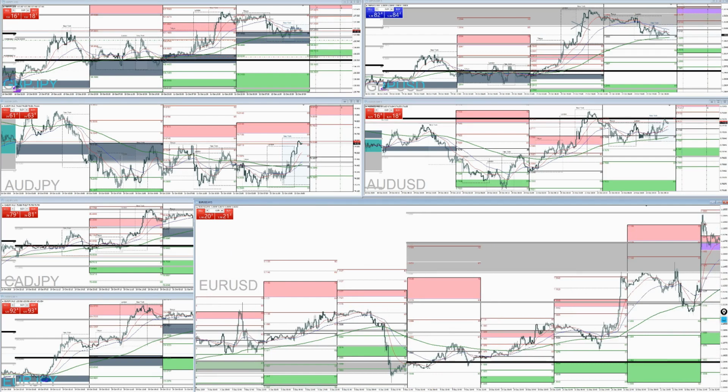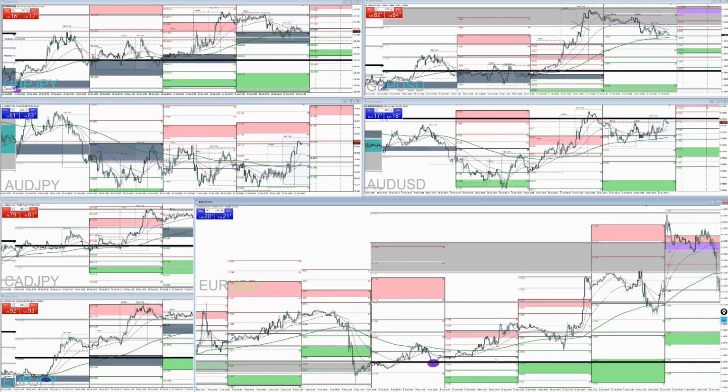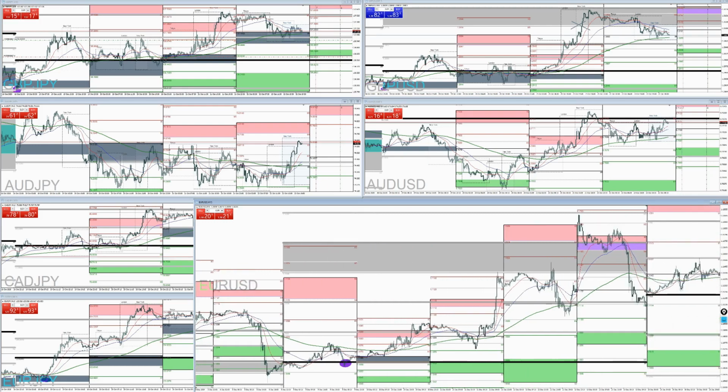Next weekly setup. We did get a setup here, a bounce off of the weekly central pivot. So let's go ahead and mark that out. That calls for price to enter into our buy zone. And if it goes sideways into it, we're trying to take it as close to M2 as possible, which we never got the setup. If price goes into the red zone, we're buying at the M2 the next day, which we did get.